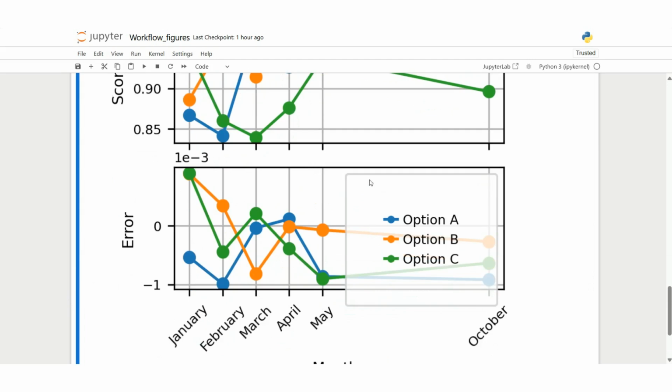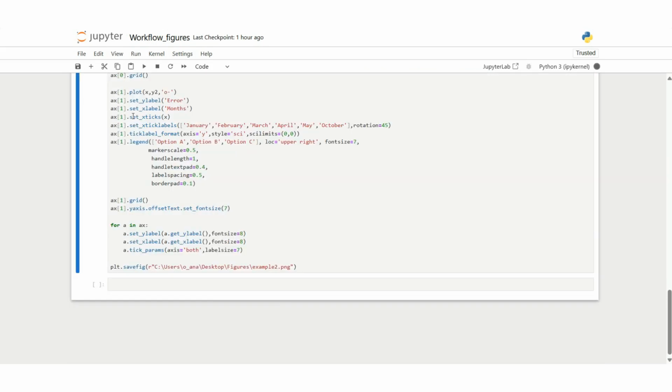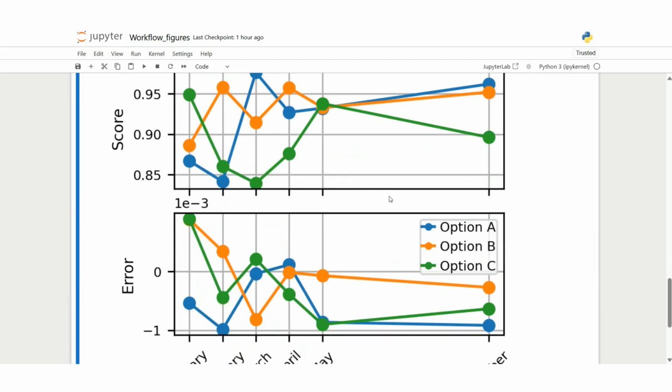The space between our legend and the border is quite large and unnecessary, so sometimes it's useful to reduce this value so that it can fit your graph better. Like this, we can see all our markers clearly, and the legend is not